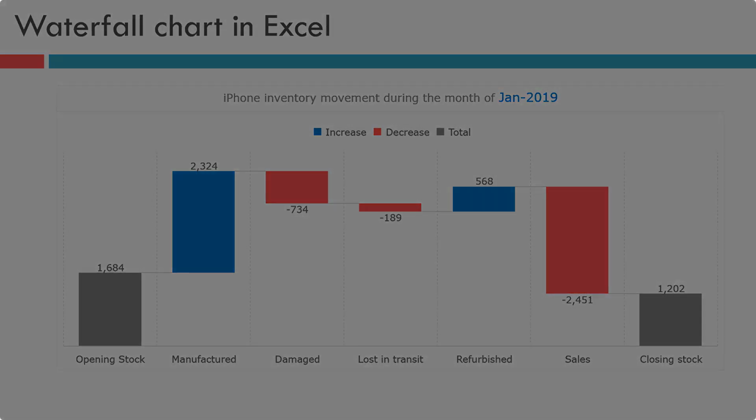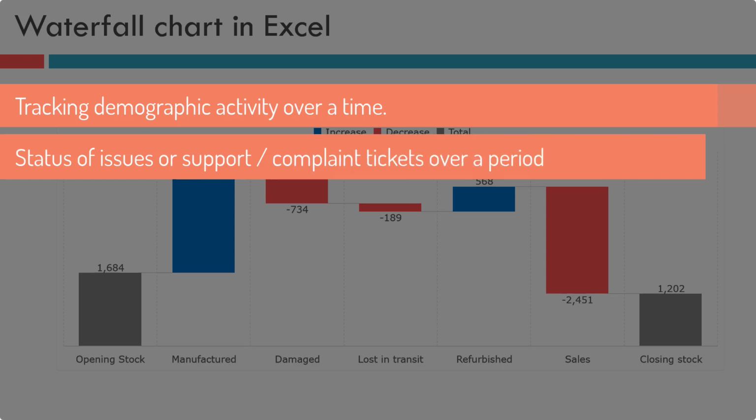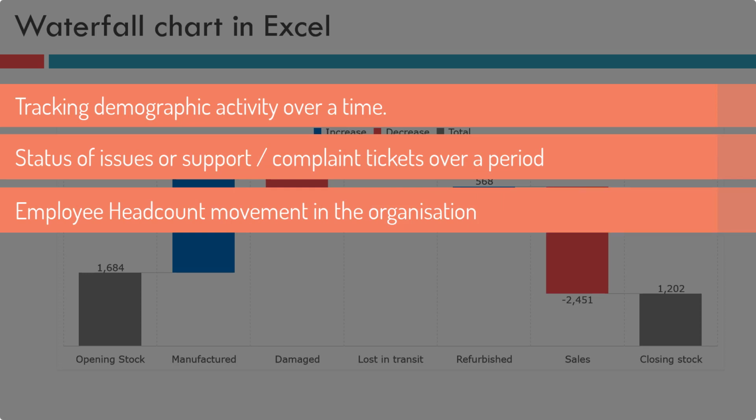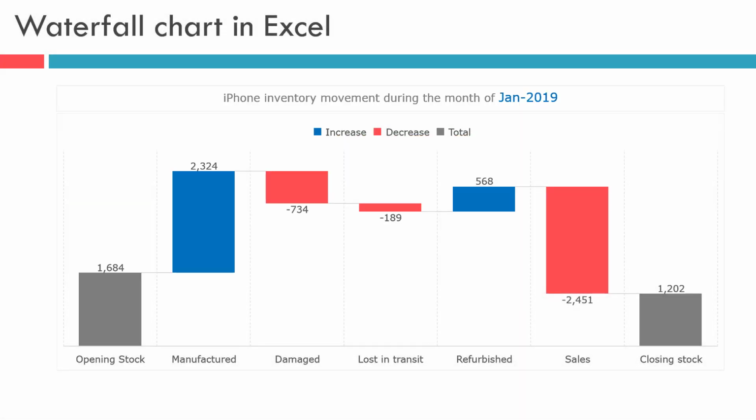Some other areas where this chart is used are tracking demographic activity over a period of time, the status of issues or support tickets over a period, employee headcount movement in the organization, cash flow movement over a period, and so on. Starting Excel 2016, this chart is inbuilt and you don't have to perform a lot of customization